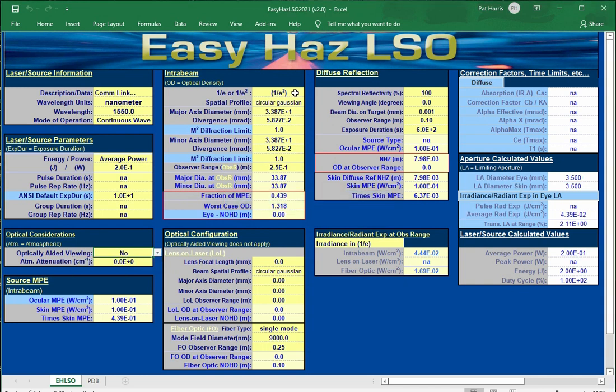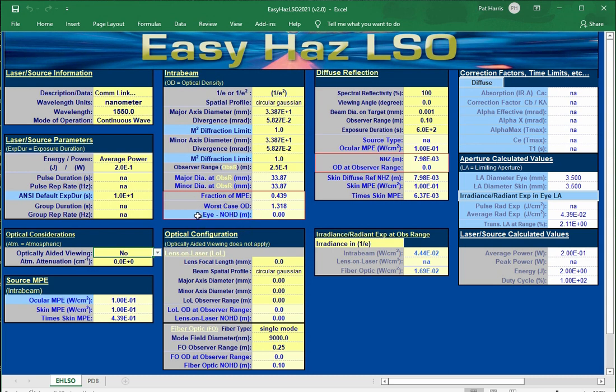Okay. So based on, we've set the m-squared diffraction to 1 as a default for a conservative approach to this analysis. That gives us a divergence of about 58 microradians, so a very low divergence, and of course that has to do with an m-squared of 1, and assuming that the beam waist diameter is almost 34 millimeters. Something I'm going to point out here,